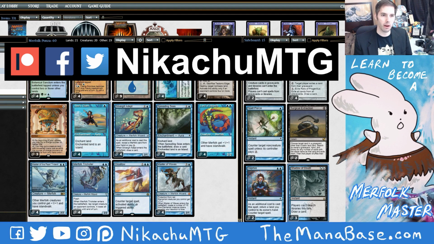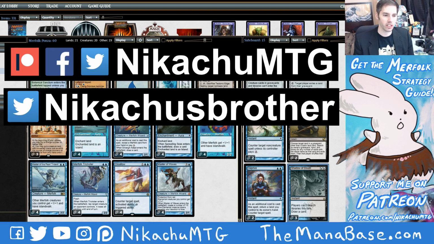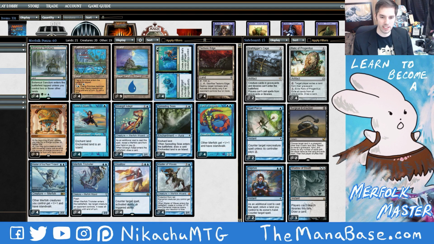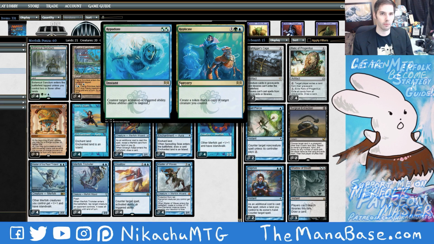I am here with my brother, and we are back to trolling with Troll Merfolk. That's right, it's Troll Tuesday, and we are trolling with all the beautiful things. It's Merfolk Ponza. That's right. We have all the ways to destroy their lands into islands and blow the lands up, blow their fetch lands